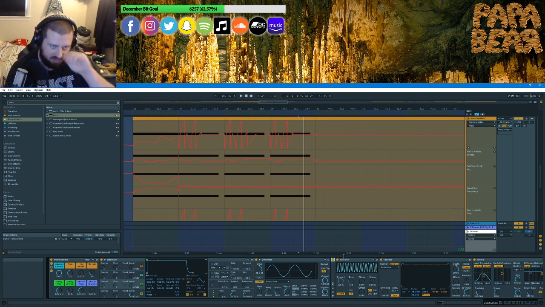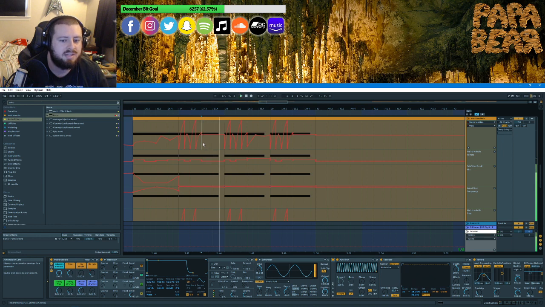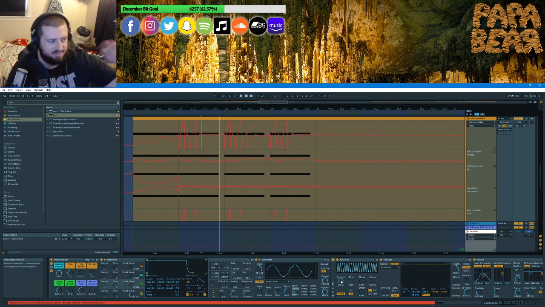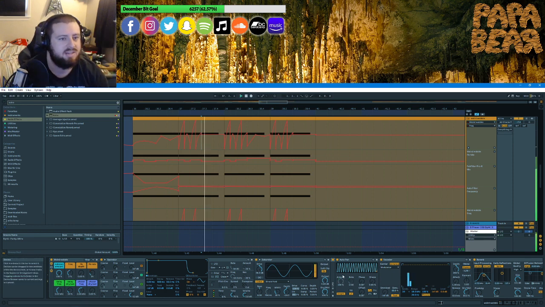But this is basically like if you hear this part, that's going da da da da da da. It has that kind of a rhythm because of this. This is making the volume go up and down. Whereas in this section, I have it set to quarter notes instead of 16th notes, so this will be a lot faster.